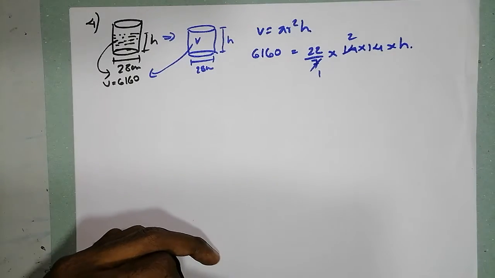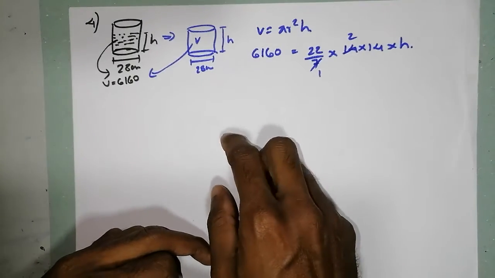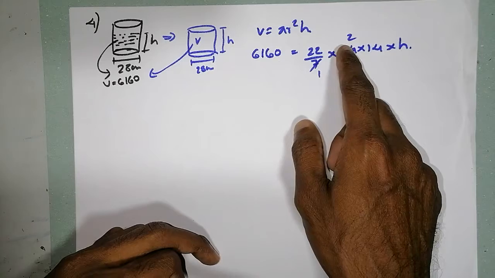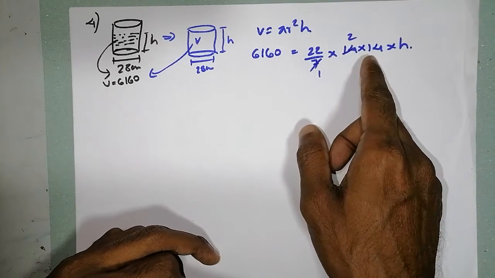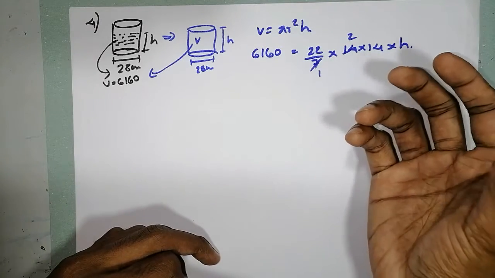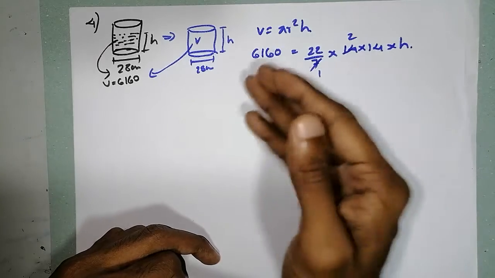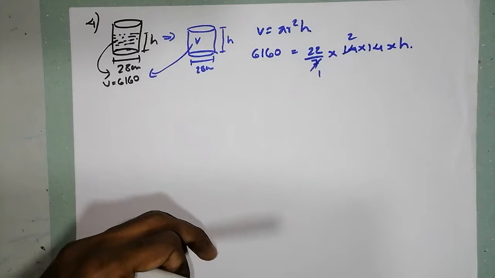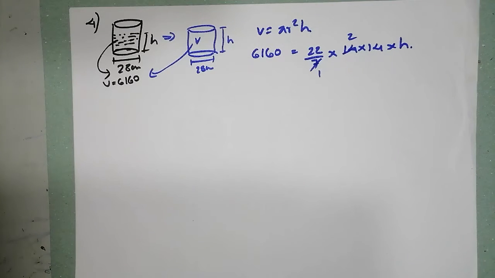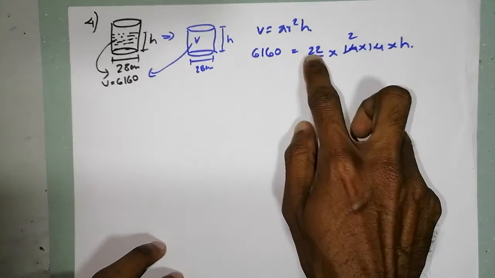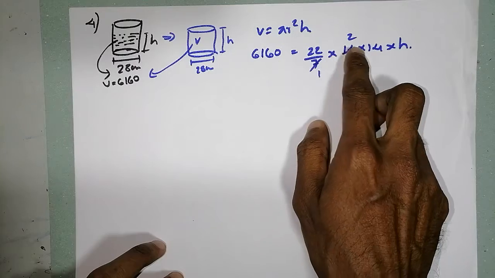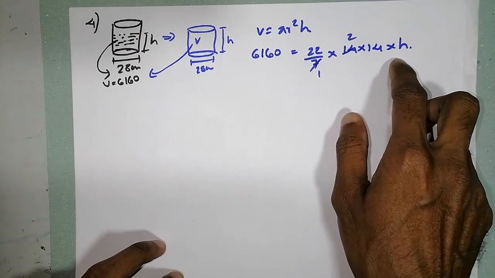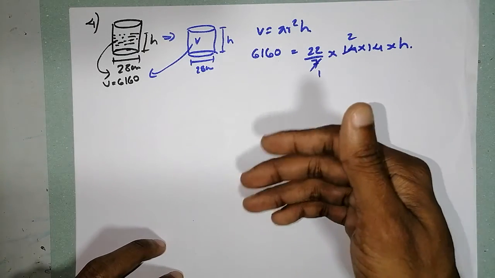Instead of getting this idea, some of the students do 22 into 2, it's 44, and 44 into 14, you have another large number. So you have to move with the large number. You don't get an idea from which digit we can divide. With the larger number, we don't get any idea. So keep the values as they are, and send them one by one.